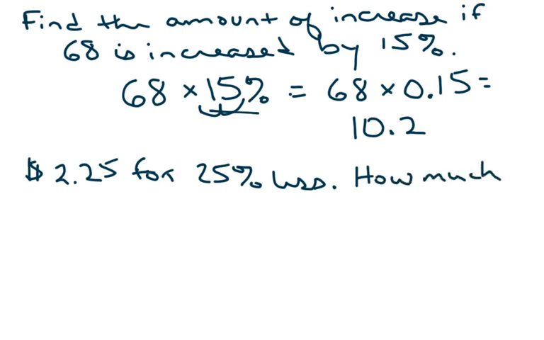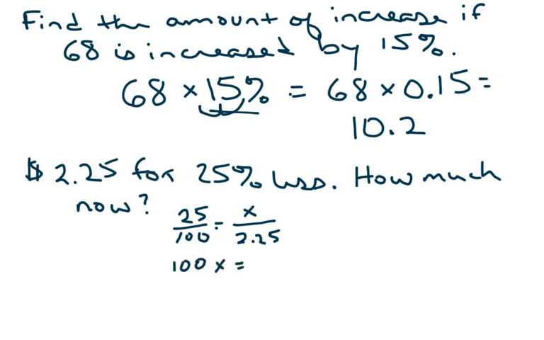This is like a discount or sales tax. Sometimes there are multiple steps. So again, you put the percent over the 100 and the part over the whole. Well, we're looking for the part. And the whole is it was $2.25. So you're going to cross multiply. So 100x. I always start with a variable. 100x equals 25 times 2.25, and you get 56.25. Sorry, decimal. So you divide by 100, and you get